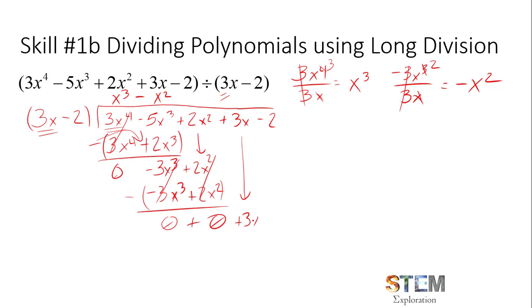And one thing you'll notice is that there's no x squared term. So technically, we don't have to deal with that. A lot of times what I'll do is I'll just put a 0 here for now because I didn't have to do anything there. If you want to just write the next thing, that's fine as well. So now I'm going to drop these next two terms, or I could just leave them up there. And I see that 3x minus 2 is what I have left. So if I just say plus 1, 3x minus 2, 3x minus 2,